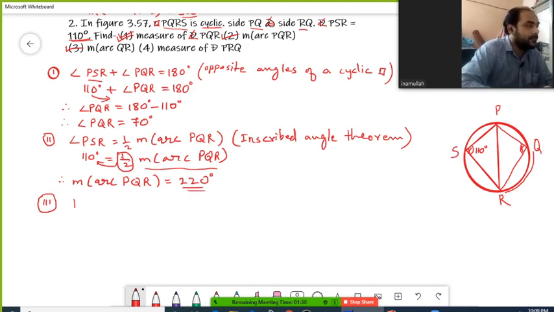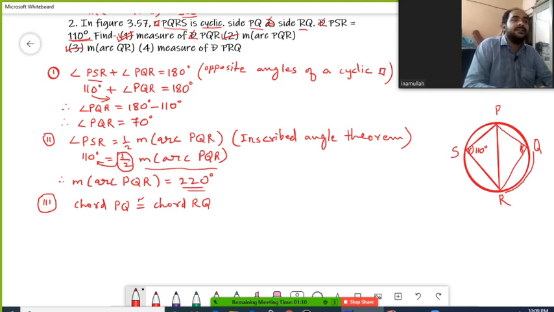So here chord PQ is congruent with chord RQ, and we know congruent chords in the same circle inscribe the same arc. So on the basis of this, you can say